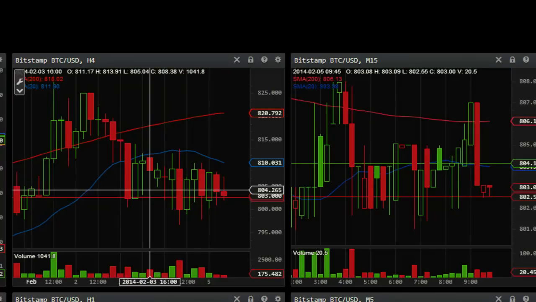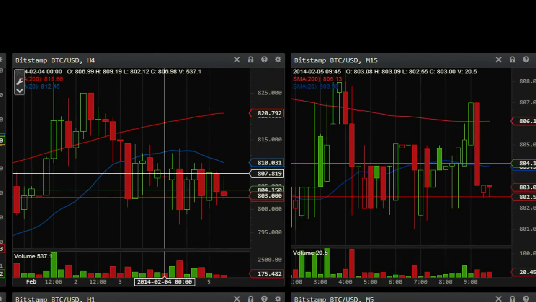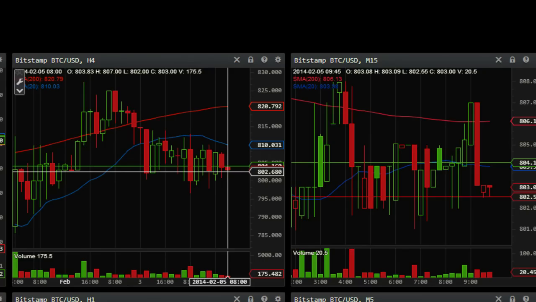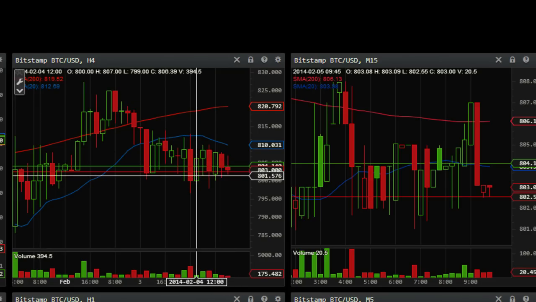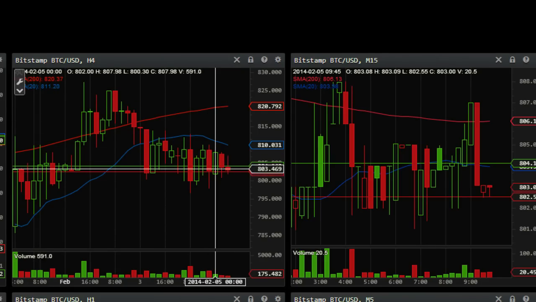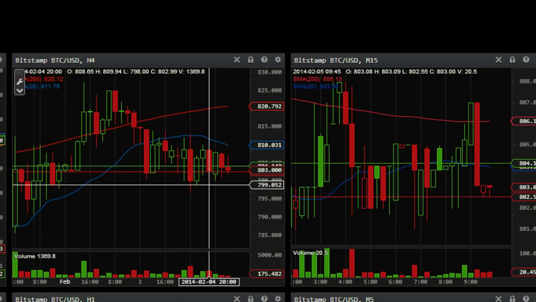But before we go into the 60-minute chart, this is the situation with the 4-hour chart. Price below SMA 200 and a huge consolidation right now. Not much volume that can move the price in any direction, up or down. So we just have a sideways trend where, if buyers manage to push the price towards 820, they can deny this lower high. But guess what? This is a new lower high that hasn't been activated 100%.